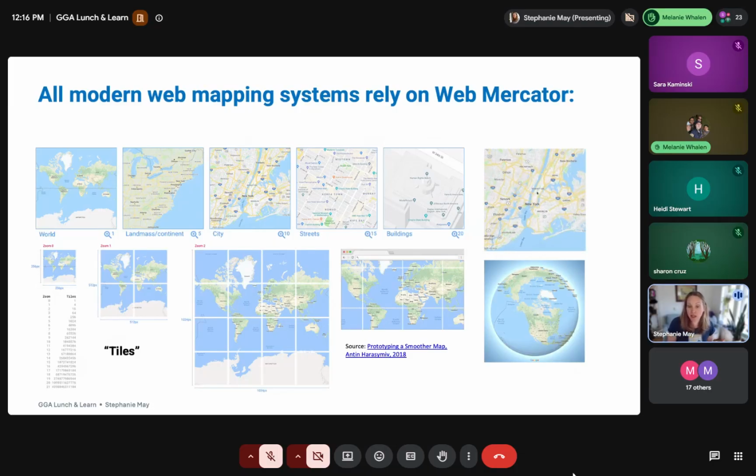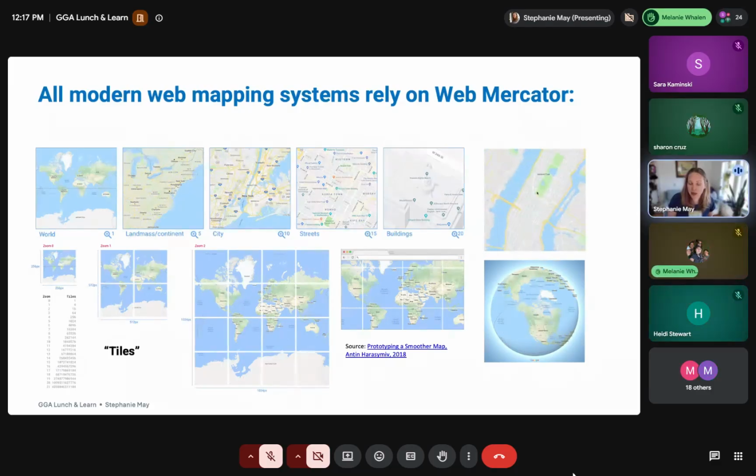A lot of the libraries have gotten hip to the problematic aspects of Mercator when you view it at the world scale, which is why a lot of them have gone to the globe. This is important to understand, though, because people will come into this space, especially from the GIS world, and say, well, I need a web map library that supports projections. And maybe you do and maybe you don't, because even the ones that support projections are doing some extremely expensive version of reprojection on the fly to give you that other projection, because fundamentally this is just how panning and zooming work.